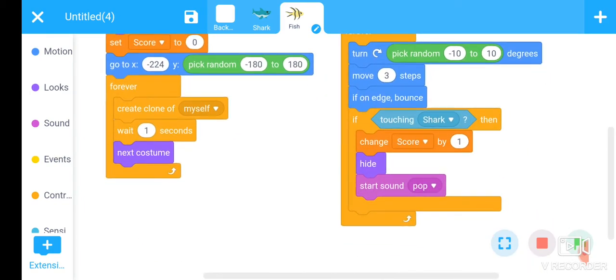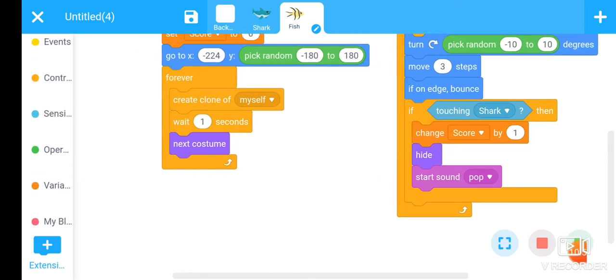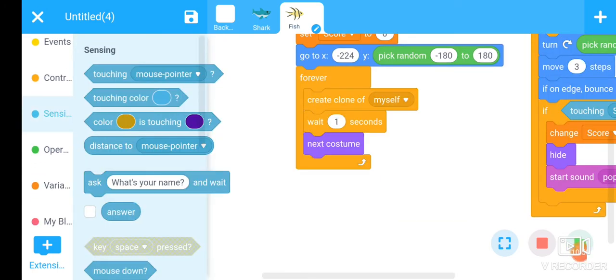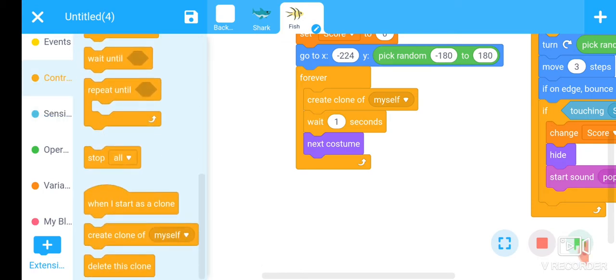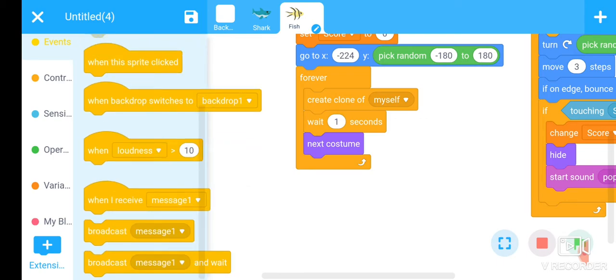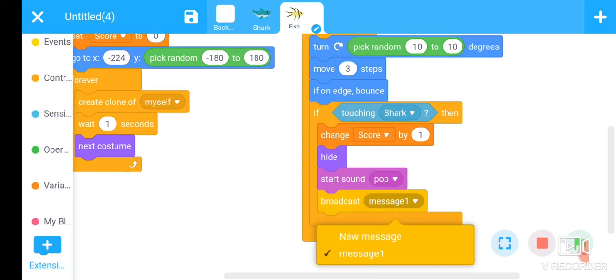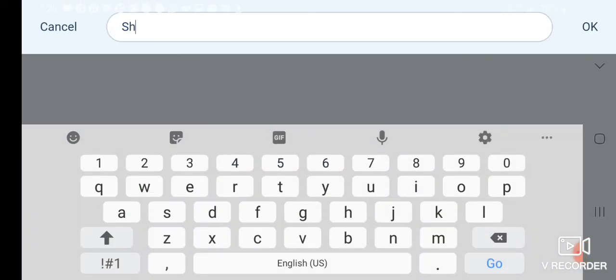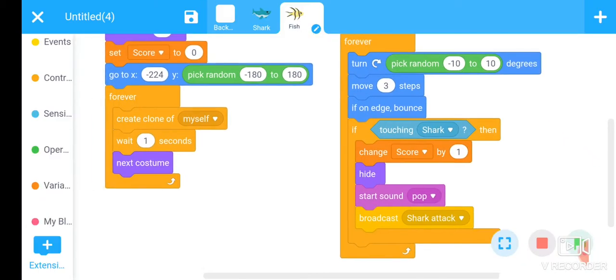Here we want to generate a message. Go to the Control section. No, go to the Events section. There is a broadcast message block. Broadcast a message, that is shark attack. Broadcast this message,